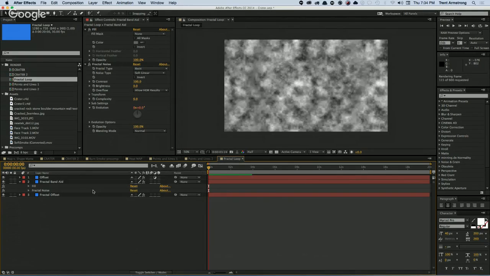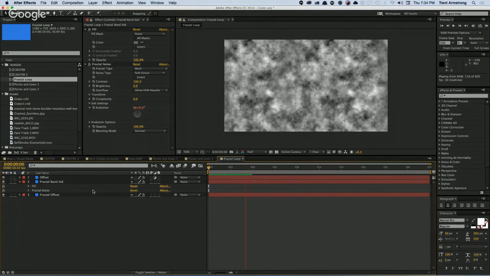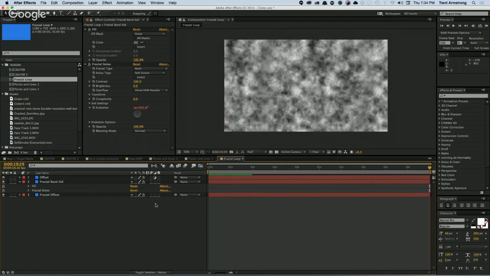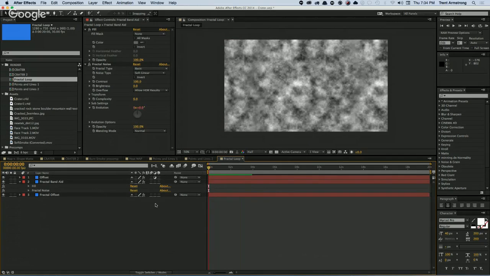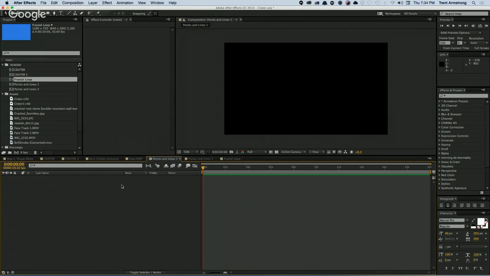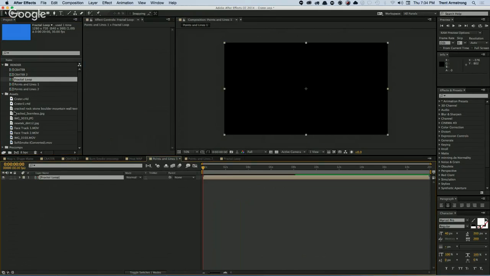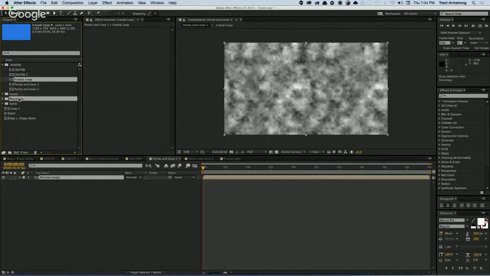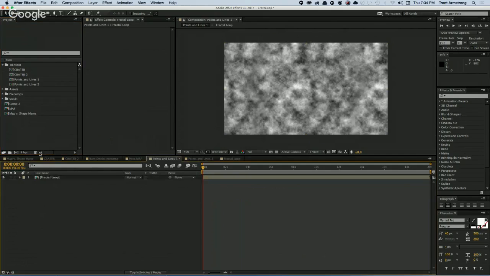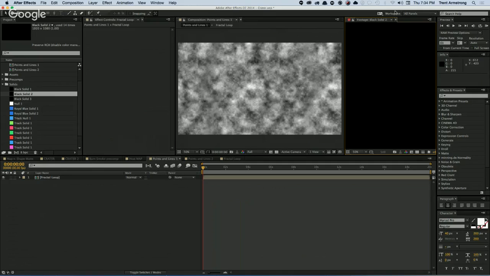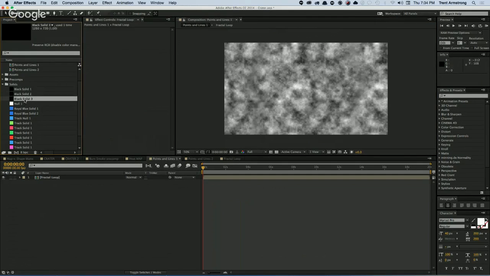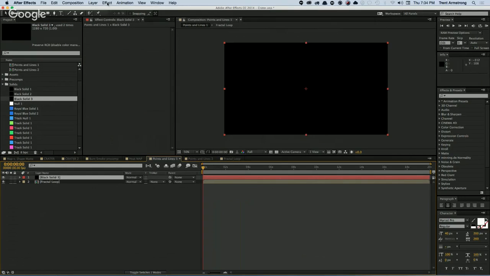Okay, so now I've got that guy, and he loops seamlessly from the front and the end. Okay, so then I would go to this, just drop in my fractal texture, put in my solid. Let's see if I have one that's 1280 by 720. I do. Drop that solid in, and it's going to be